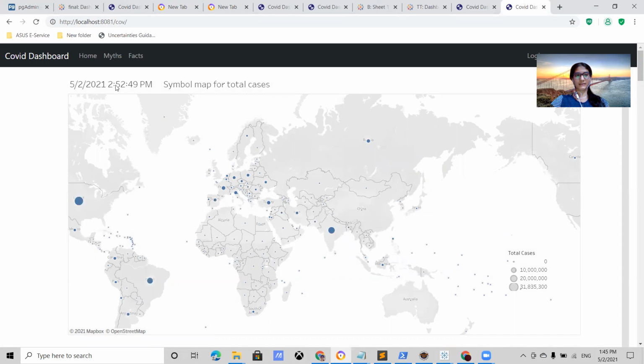This is actually the data update time, so we put it as 1 minute. Let us wait for 1 minute and see whether the data is directly updating or not. Because now the data is updated in the database. From the database, it should update to Tableau Desktop and from Tableau Desktop to Tableau server. And from there, we need to see it in this website. So let us just wait for 1 minute in order to load it again.